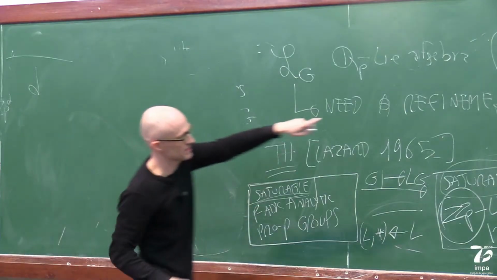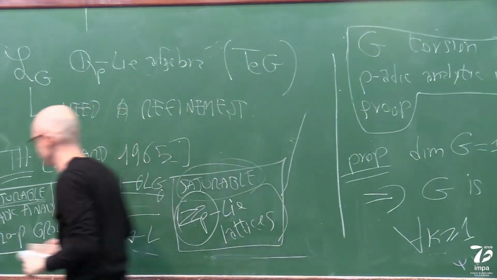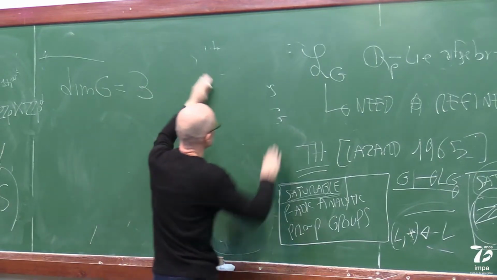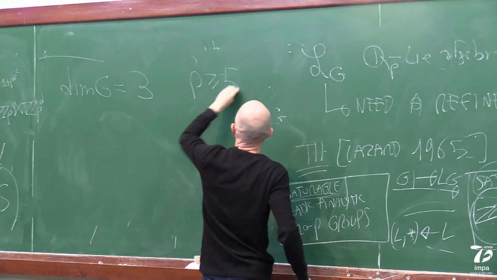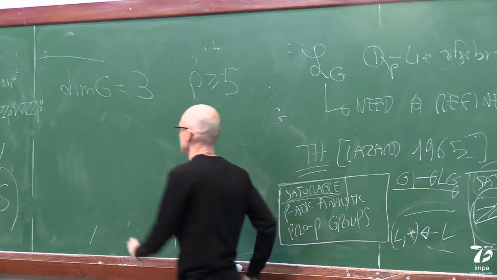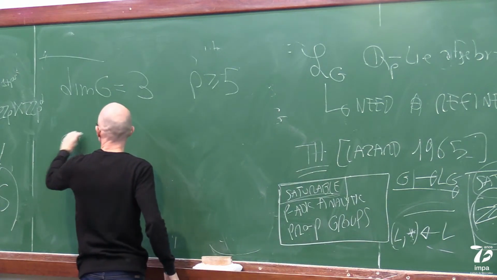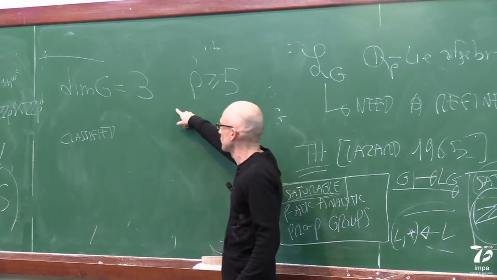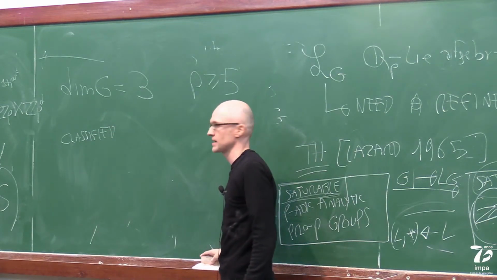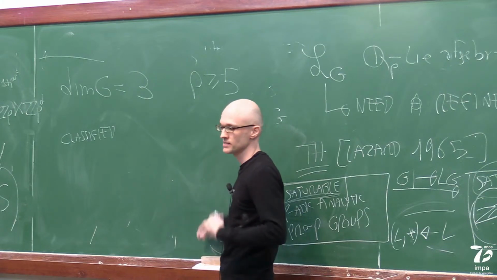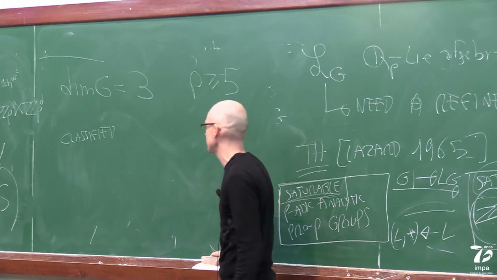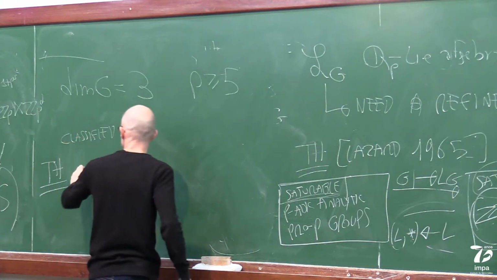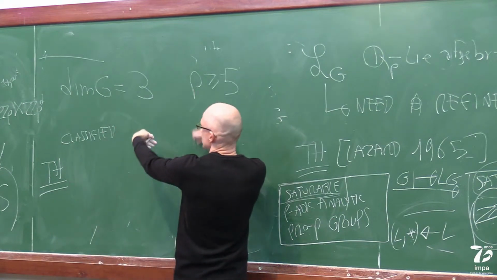Okay, always under this assumption, the dimension of G is equal to 3. I assume for simplicity that the prime is at least 5. And the point is that these groups are classified: the solvable ones were classified by Gonzalez, Sanchez, and Klopsch, and the unsolvable ones were classified by ourselves. And we have, first of all, a theorem that says that we have a parameterization of all the classes,